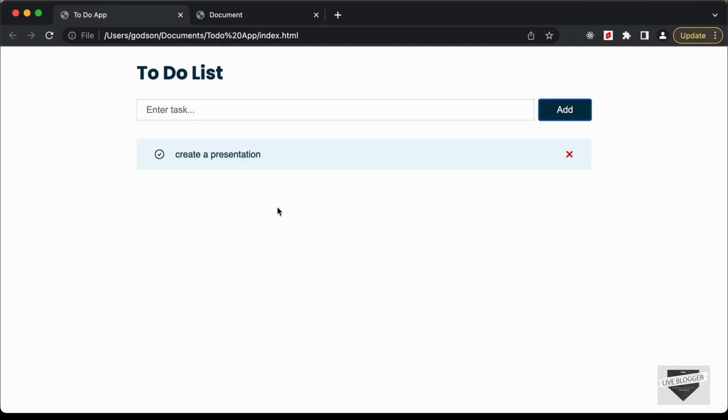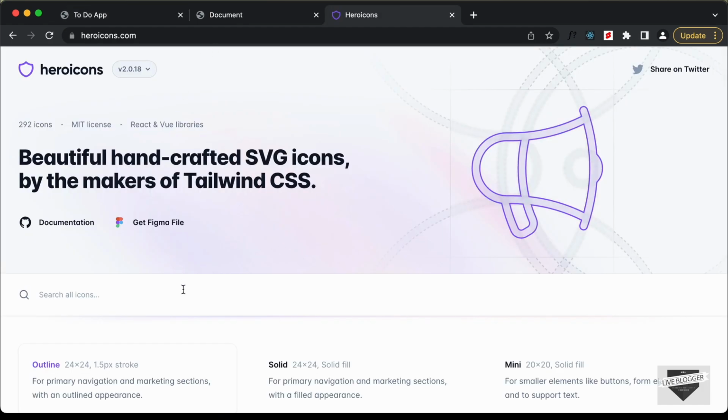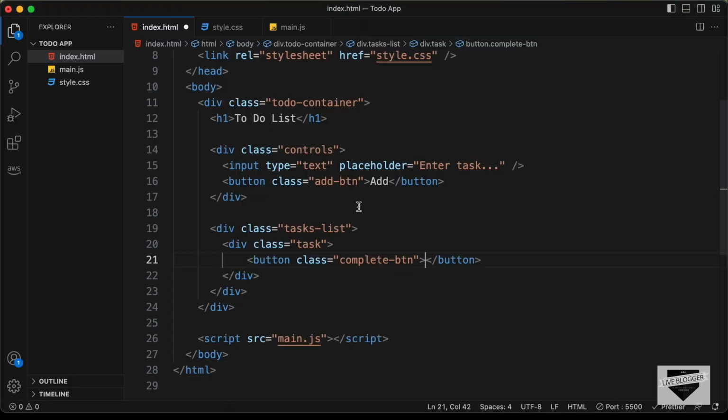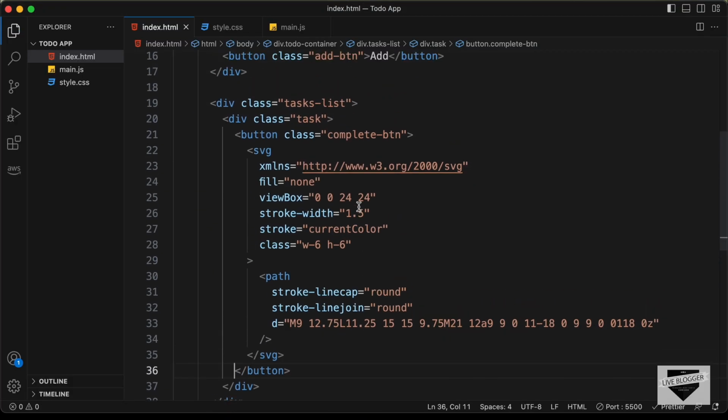And in this we need to have the SVG for this icon. So I'll just use heroicons.com for that. Right here I'm in heroicons.com and let's search for circle. And here we have this icon right here. So I'll just click on copy SVG and let's paste it over here. Right, that's it with